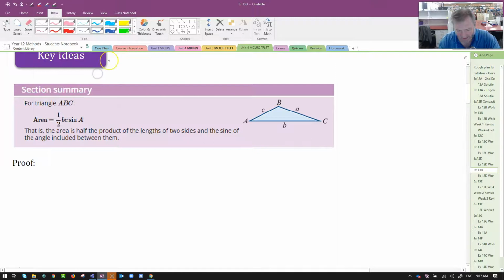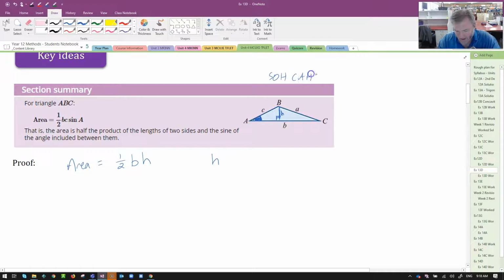So we've got our triangle over here, and the rule we definitely know for triangles is that the area is 1/2 of the base, which in this case is B, and the height, which is h, perpendicular height. Okay, well, how could I rewrite h using trigonometry? This is angle A. Can I find an expression for h using angle A? Well, h is opposite angle A, so I'm thinking